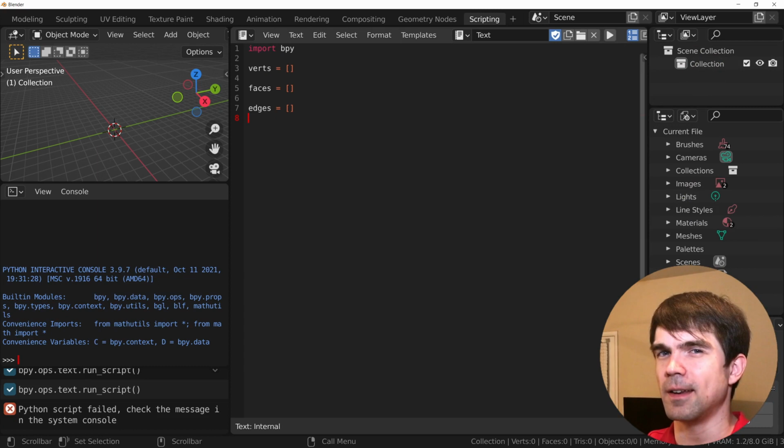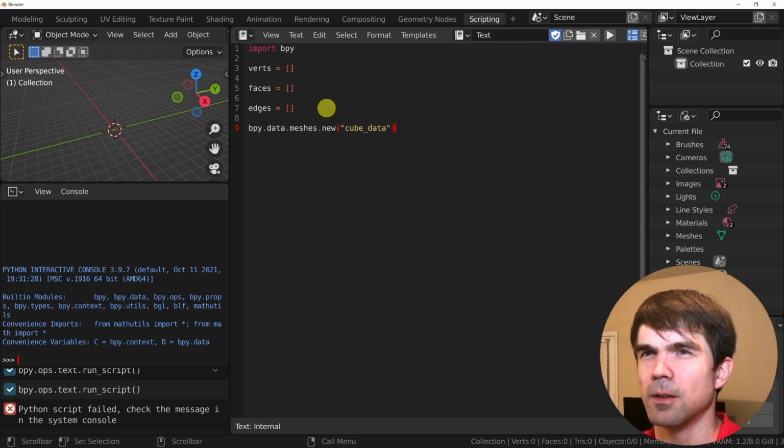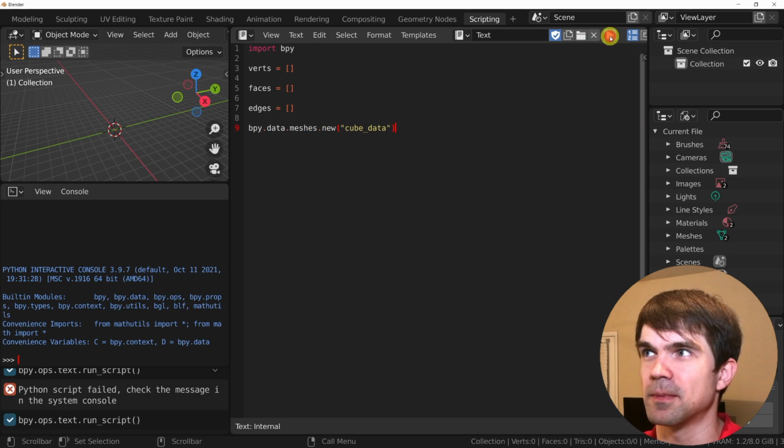Next, we'll start creating the mesh data that we'll use to create our cube. Notice that this BPY right here is the module that we're importing at the top. Without this import, we wouldn't be able to call this. Let's run the script.